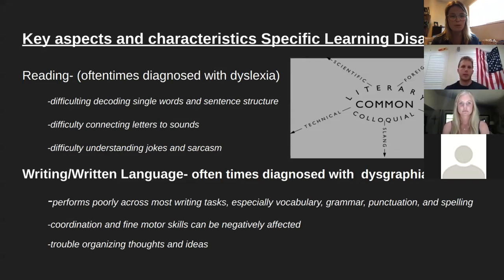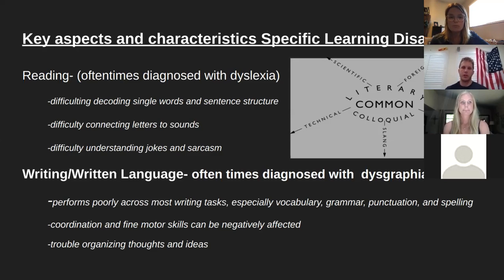So we're going to talk about the key aspects and characteristics of a specific learning disability. A specific learning disability could be anything that particularly deals with one or multiple traits. The reason I say multiple is some of those traits can overlap and go into various areas, such as reading and writing, which is what we're going to start with first. So in reading, this can often be diagnosed as dyslexia because there's usually a difficulty decoding single words